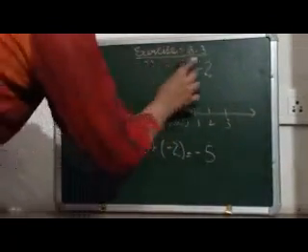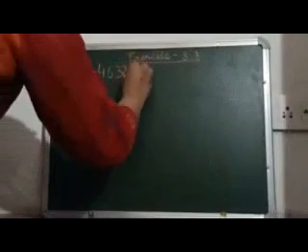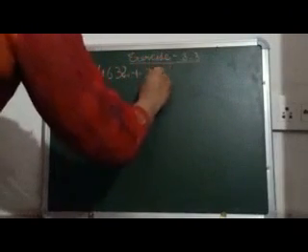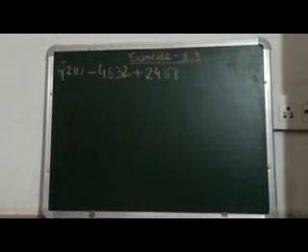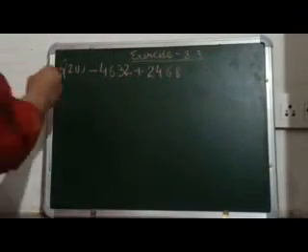Now question number 2. Here we have to add the integers using the concept of absolute value. So I am taking its first part, minus 4632 plus 2468. We have to use the concept of absolute value to add these integers.